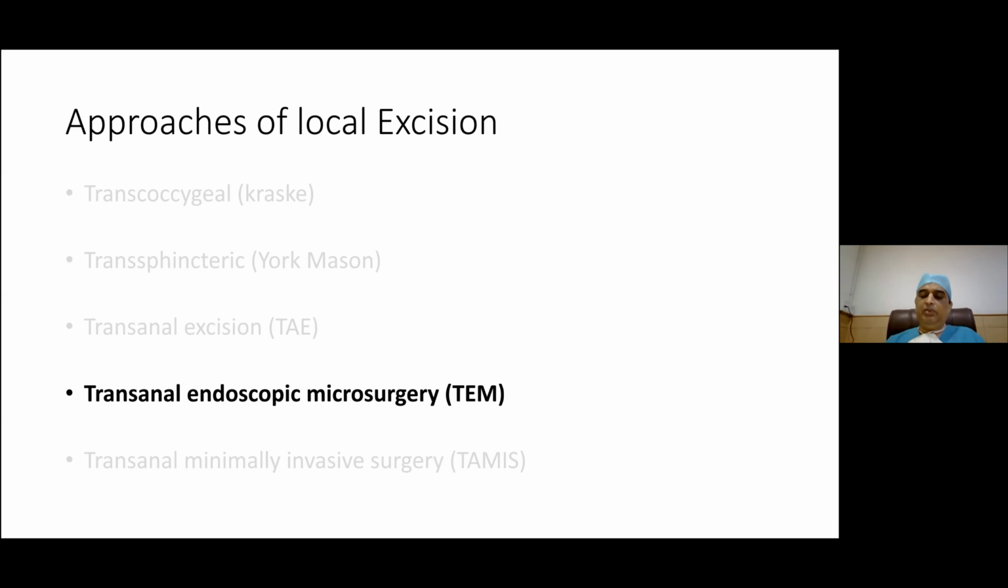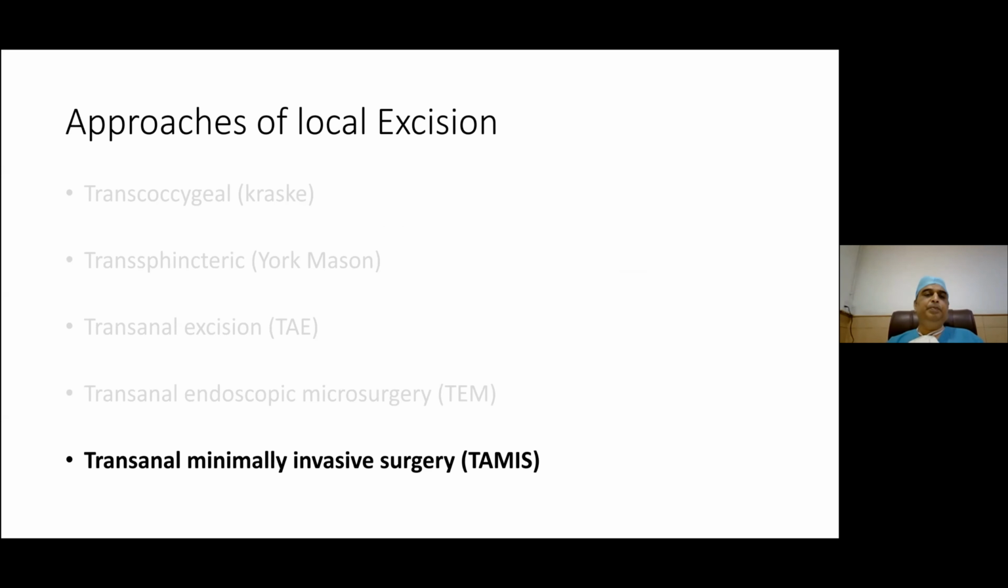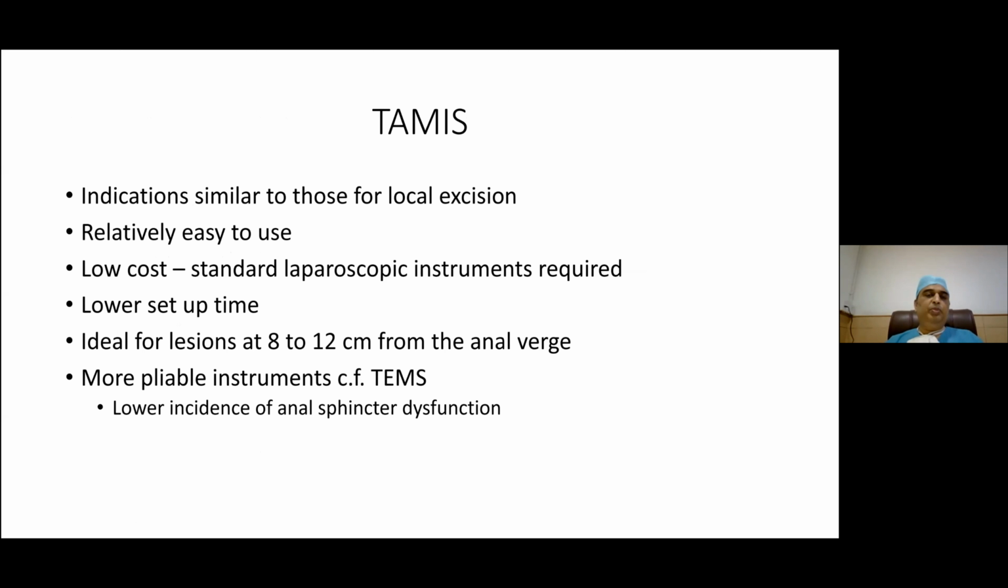And TEM has been there for quite some time, but because of the cost involved in such extensive, costly instrumentation, it is most of the time not used. And this uses CO2 insufflation to distend the rectum and do a transanal excision up to 12 to 14 centimeters of position. But TEM has changed because